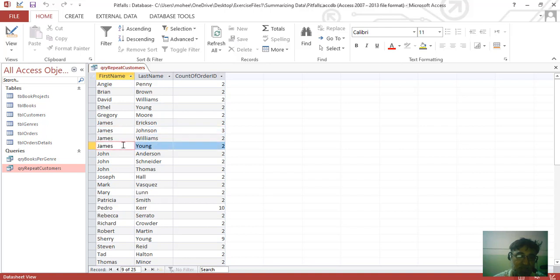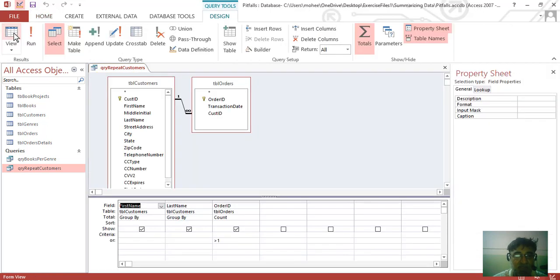But when we apply an aggregate on the first name, then the James is the same, and the last name you can see is also grouped by.